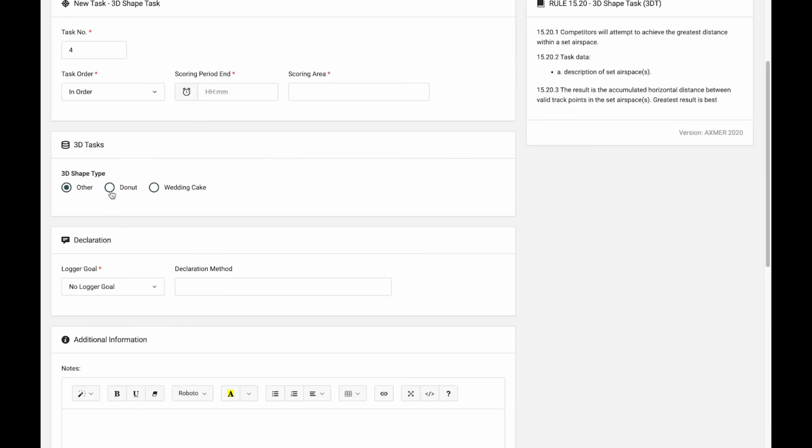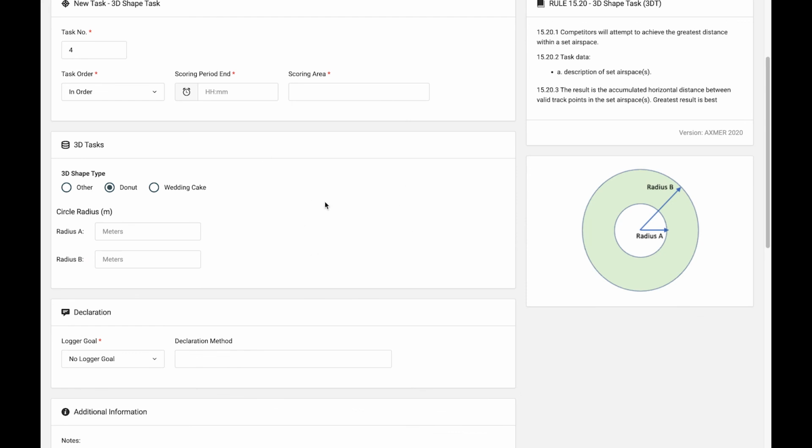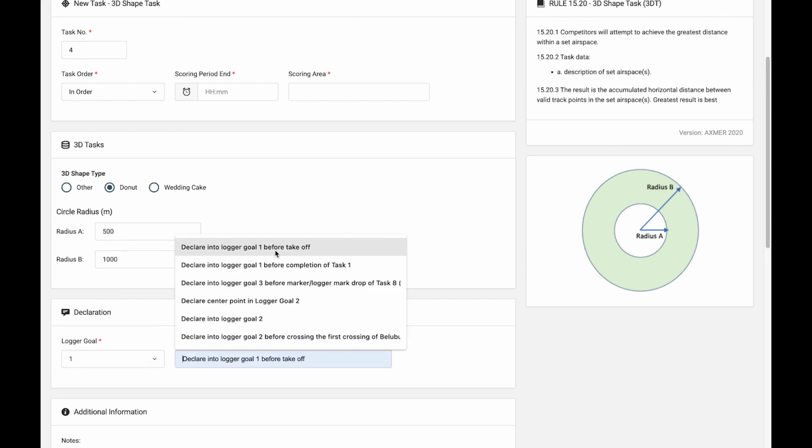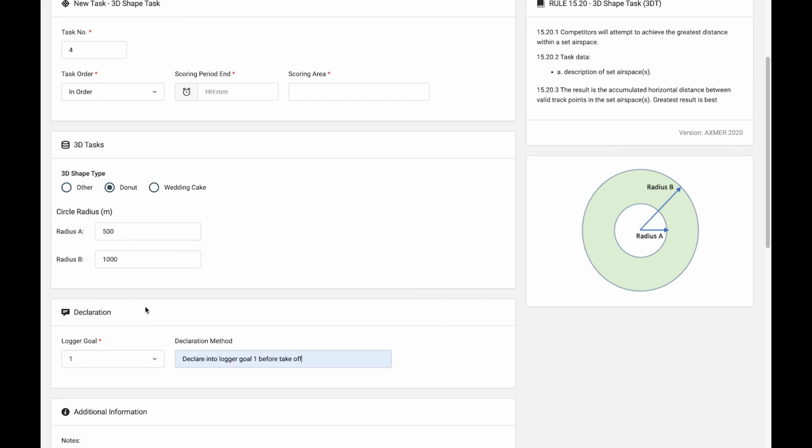But for the scoring system, so that it can automatically calculate the results of a donut or a wedding cake, we give you the ability to set up some of the settings here. So for a donut, you might say that the radius A and the radius B might be 500 meters and 1,000 meters, and that the pilot's going to set it in logger goal 1, and it might be that you're doing that before takeoff. That's all set up, ready to go, so the scoring system will be able to look at the pilot's track, look at the pilot's logger goal, and determine what their path is and what their result